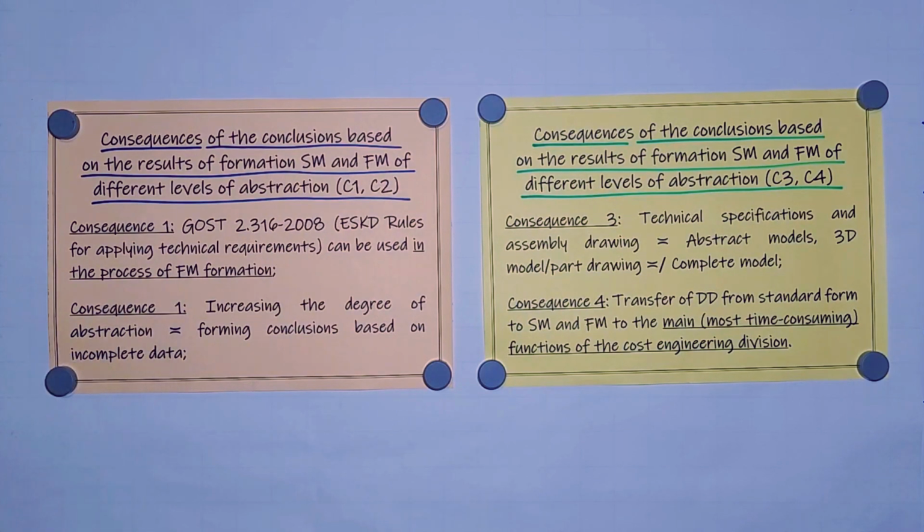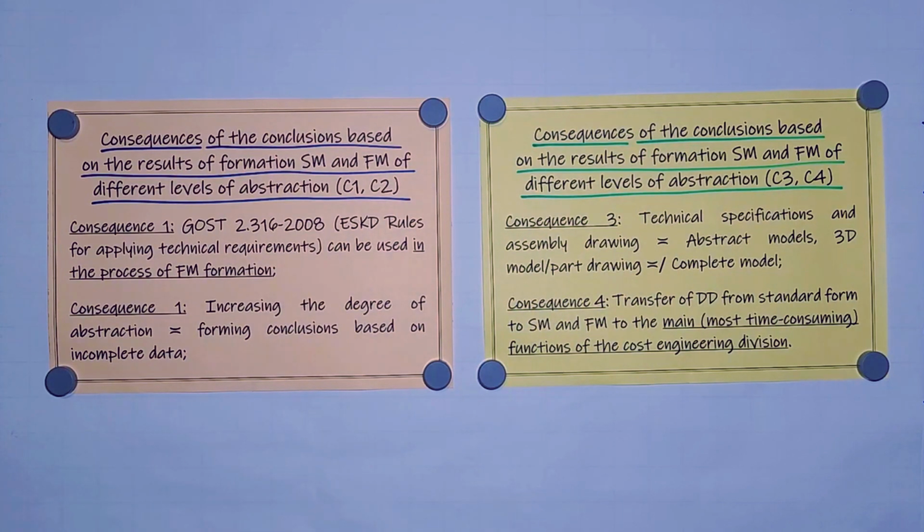Consequence 2. With an increase in the degree of abstraction of the consideration of the object of analysis, we actually exclude information about the object in order to reduce the volume of the complex of formal logical documentation. If we draw a rough analogy, we analyze the design of the object of analysis, draw conclusions and make decisions having only its assembly drawings as a part that lacks some of the necessary information, that is, an incorrect drawing of a 3D model. The next consequence,